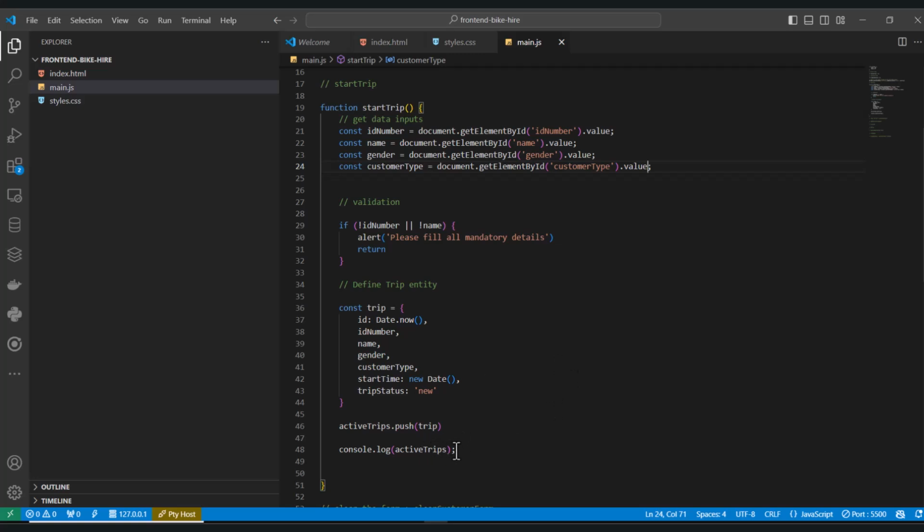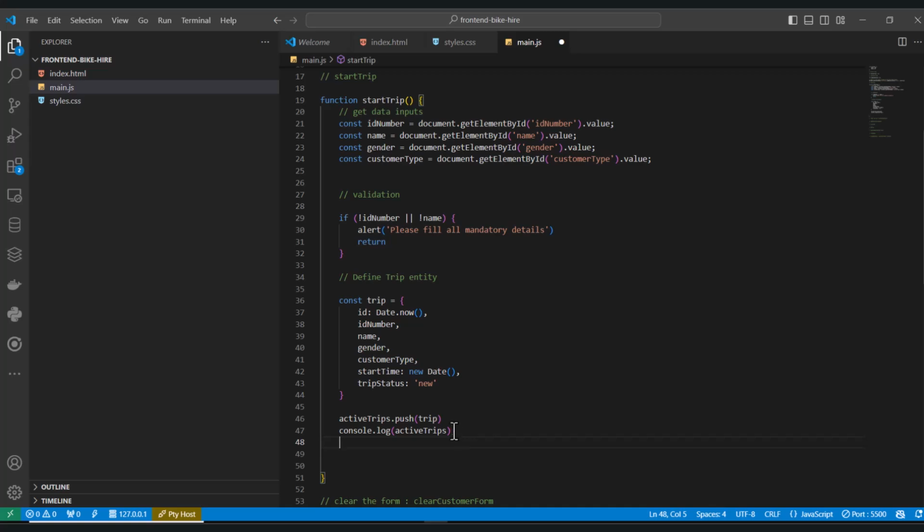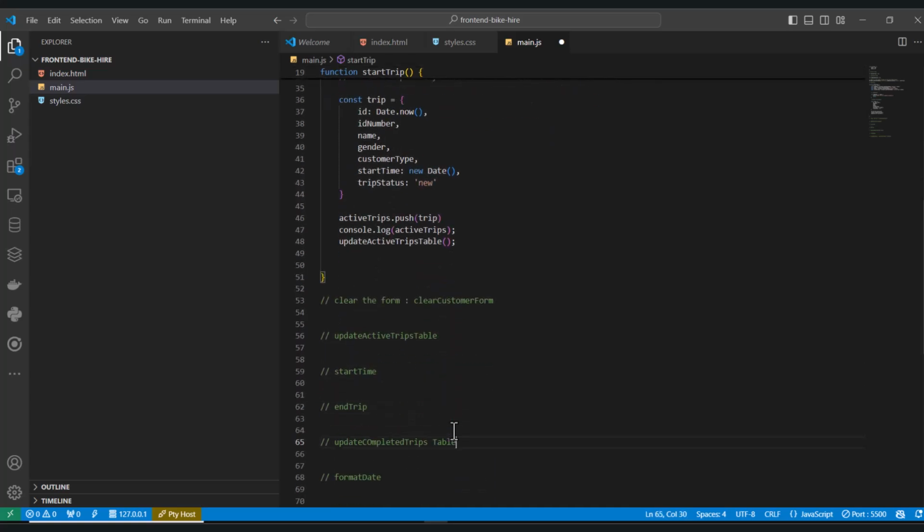And so it means after getting these, I'll just leave that console there for now. So we're saying we need to update, we need to call the update table method. So let's just call update active trips, update active trips table. So there's somewhere we had said we're going to update, so we need to declare that function. So this function update active trips table. That way. So we need to write this function and say that